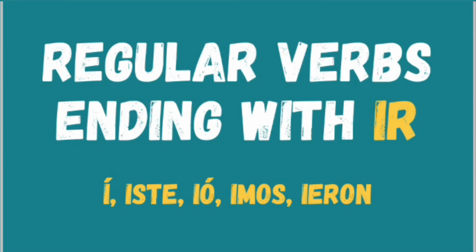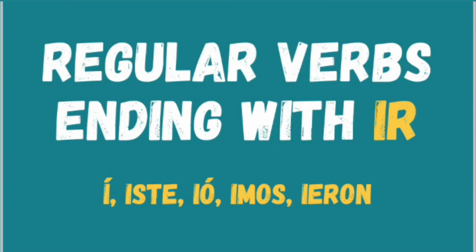you, which means tú, then the ending will be iste. Okay? Now, if you have the personal pronouns he, él, she, ella, it, eso, then the ending of your regular verb will be ending with I and letter O with an accent. Okay? Now, if you have the personal pronoun we, nosotros, the ending of your verb would be with the word imos. Imos, okay.